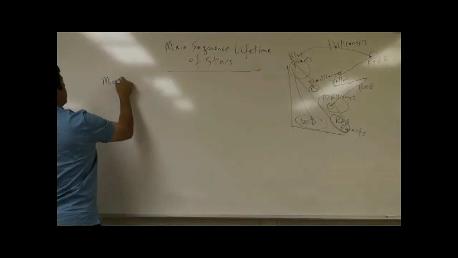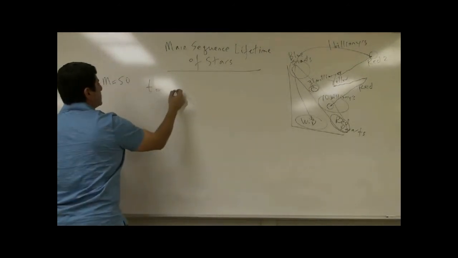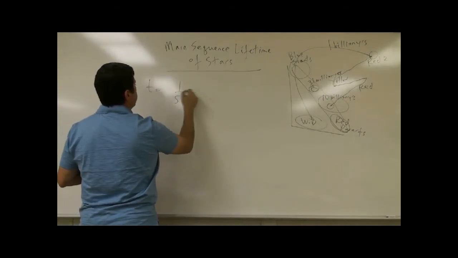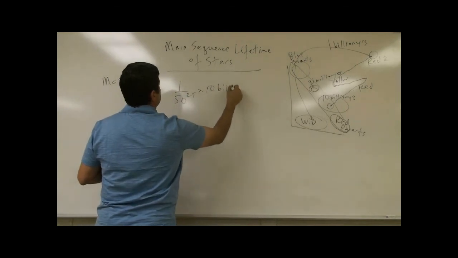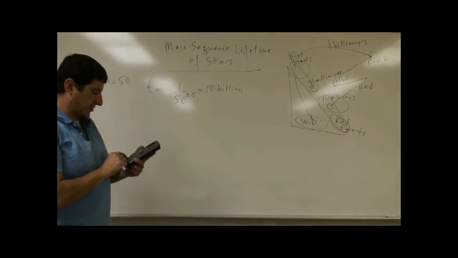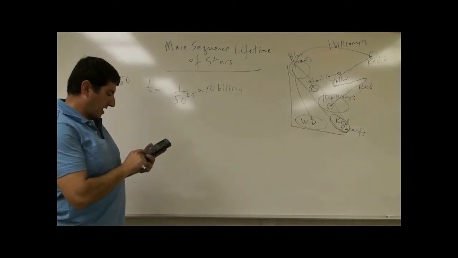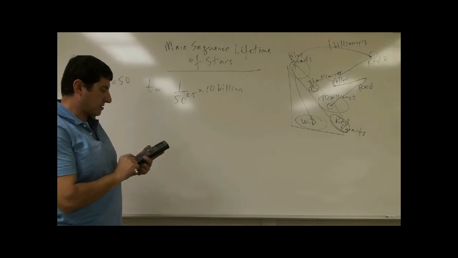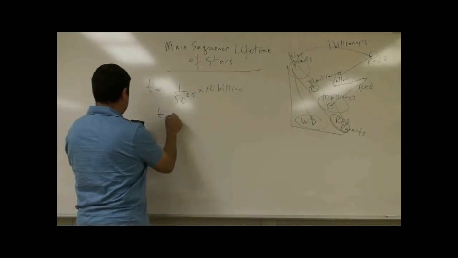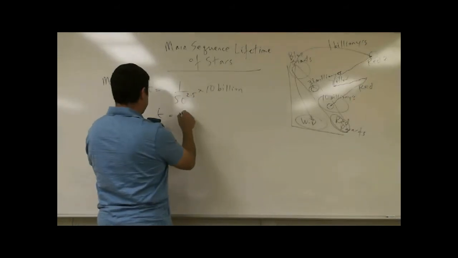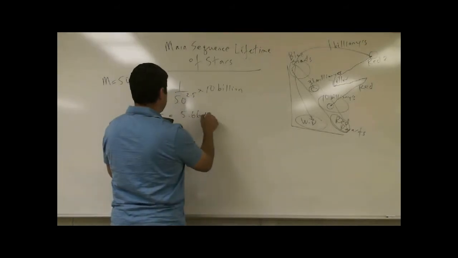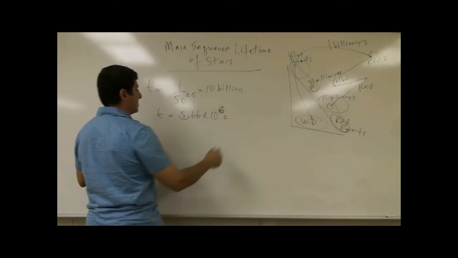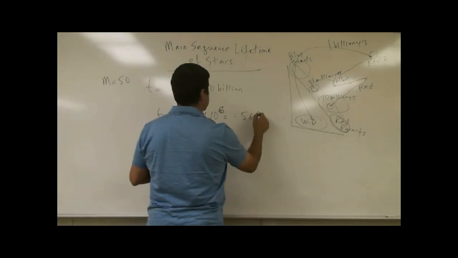So if the mass is 50, its lifespan is 1 over 50 to the power 2.5 times 10 billion. I'm always multiplying it by 10 billion. So 10 divided by 50 to the power 2.5 times 10 to the power 9. Okay? So this one comes out to be 5.66 times 10 to the 5, which is, if you go over, you make this a 10 to the 6th, 0.566 million